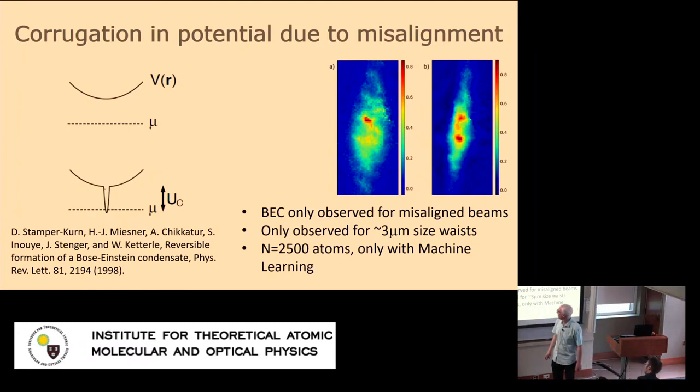Vladan, you said initially when you align everything, it's about 200 to 500 atoms, and then with the machine learning algorithm and this alignment it's 2500 atoms? So without machine learning, we didn't see it, presumably because we had too few atoms. Without machine learning, we had about 500 atoms in this 3 micron trap. After machine learning, we had 2,500 to 3,000 atoms. And that's when we saw this. So this is maybe 3,000 atoms in the system, and the peak contains maybe 5% of that.